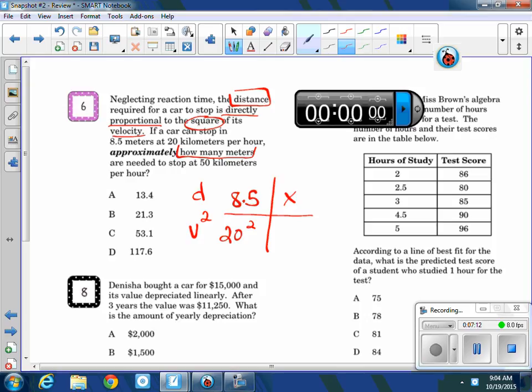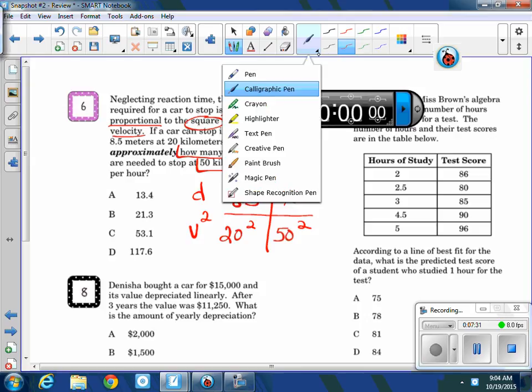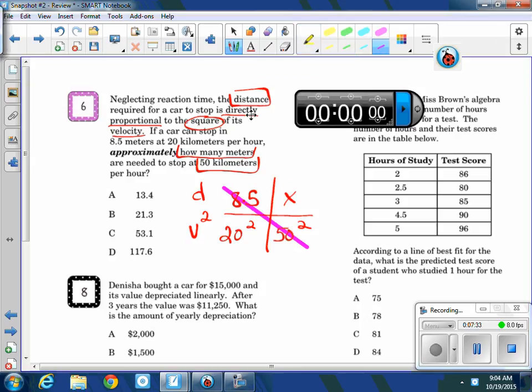I needed to stop at 50 kilometers, but it's the square of that. If you didn't take under consideration the square, you got B, and that's what all of you did. You forgot about the square. Now do it now, and it's pretty easy to do. It's 8.5 times 50 squared divided by